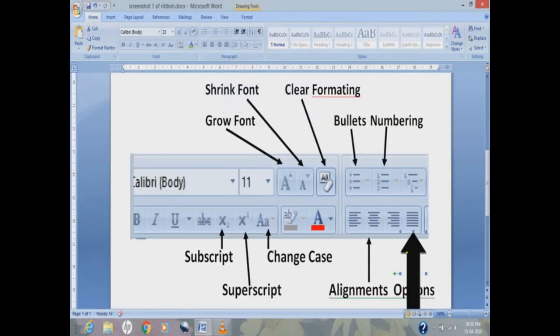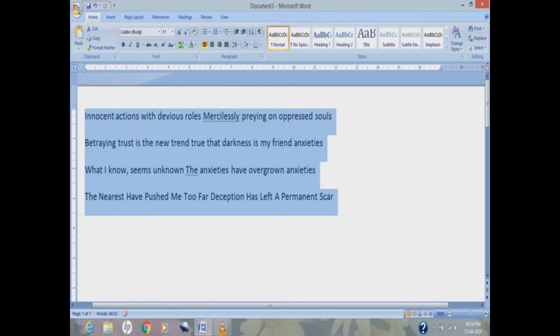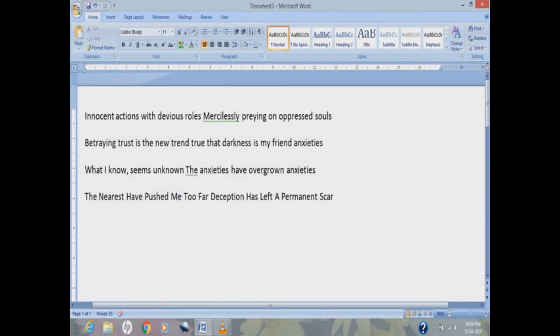Now let's see, I talk about change case option. Change case options further contain 5 options. Number 1 option is called sentence case. So if we select, suppose, just make it a small letter.